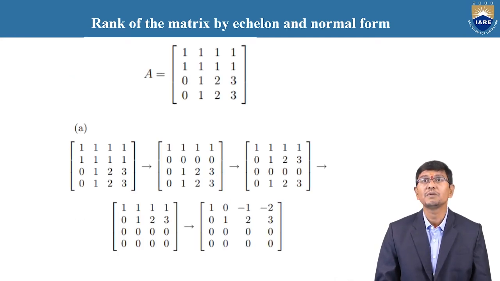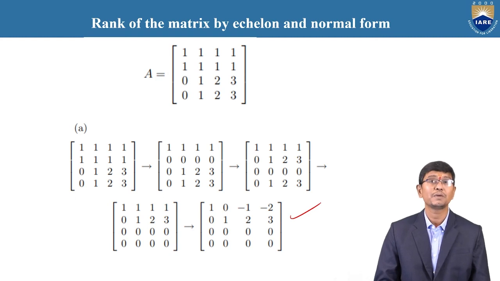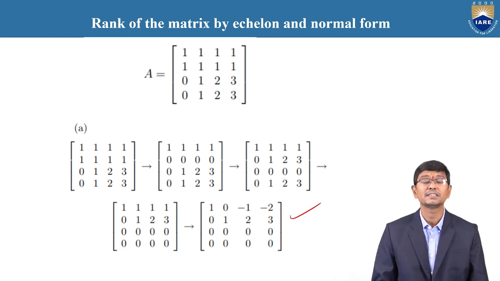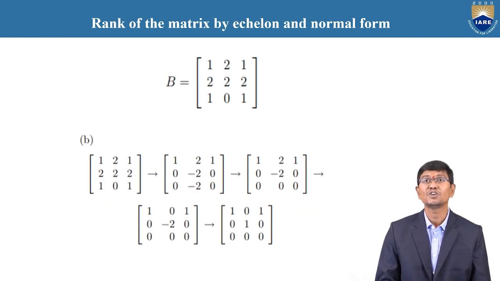Now we need to discuss similarly: this is also a matrix, and finally it is also changed to echelon form clearly by using row operations. The rank of this matrix is 2 because the number of non-zero rows in this matrix is equal to 2. Therefore, the rank of the matrix is equal to 2 only.